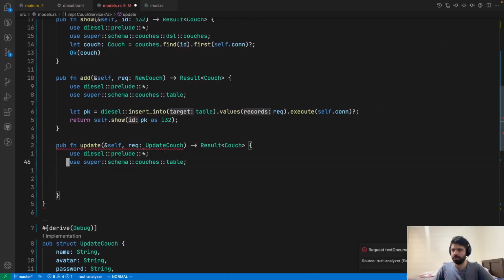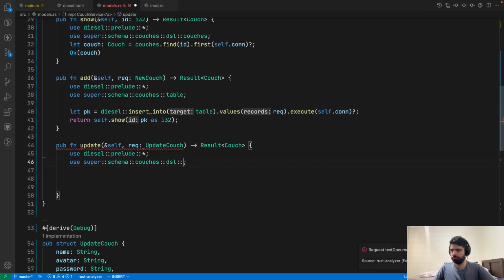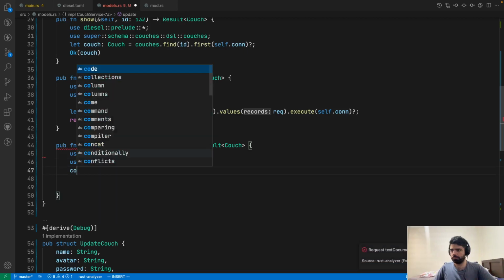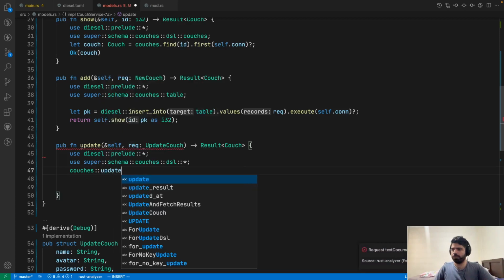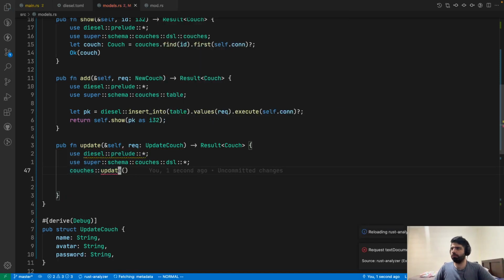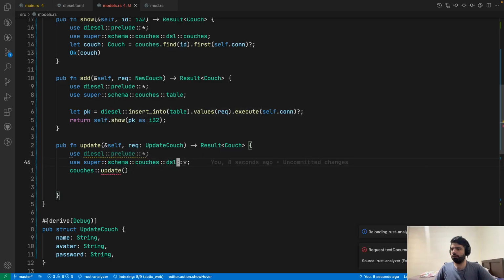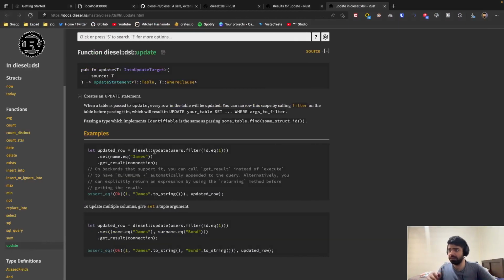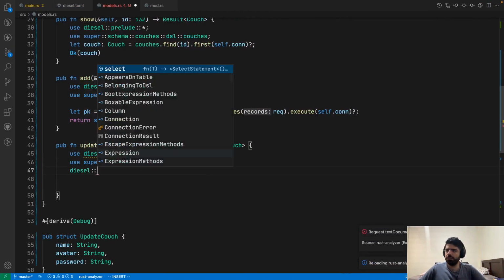So probably what we need is DSL coaches update. Is there a method called update? Diesel DSL update, a table passed to update. Every row gets this. So maybe I should just do diesel update,